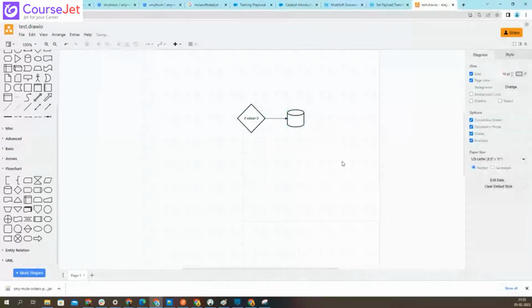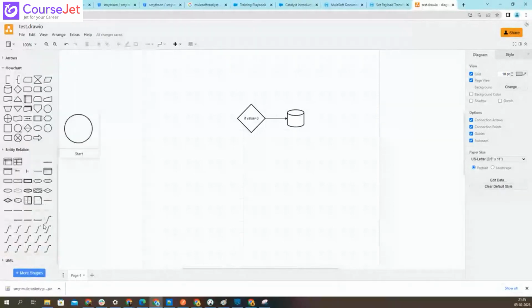It is the best tool that you can use, and whenever you hover, you will be able to find these names also. It is written like start, right? So here we are having entity relations as well. If someone asks you to create the entity relation diagram, then also you can create it